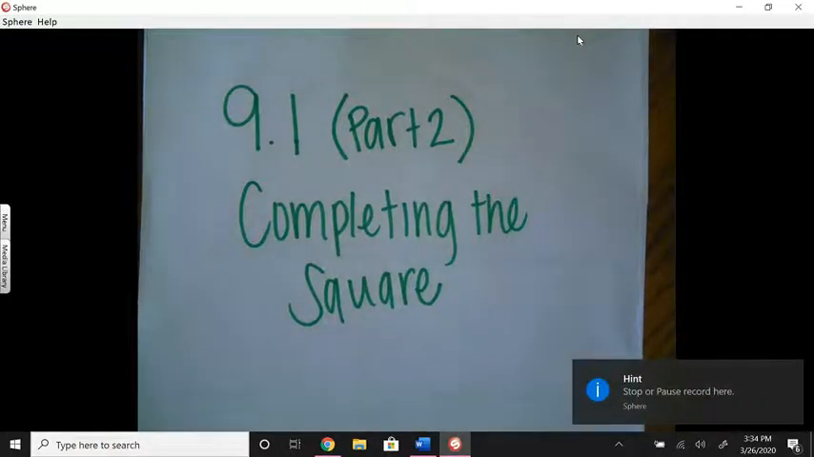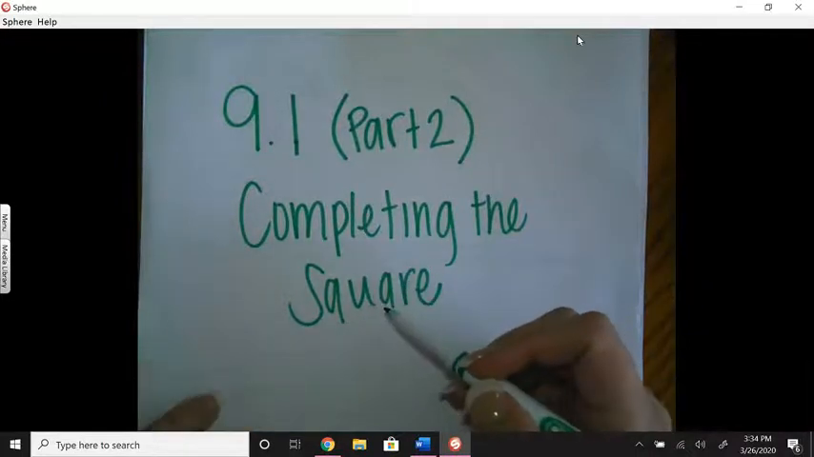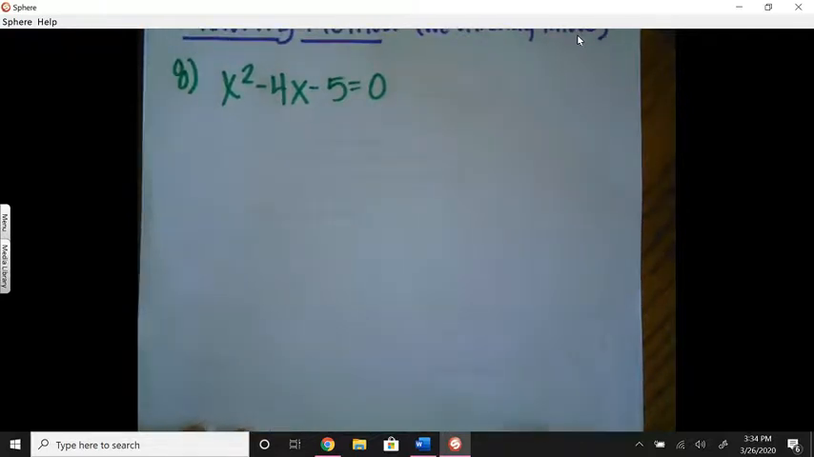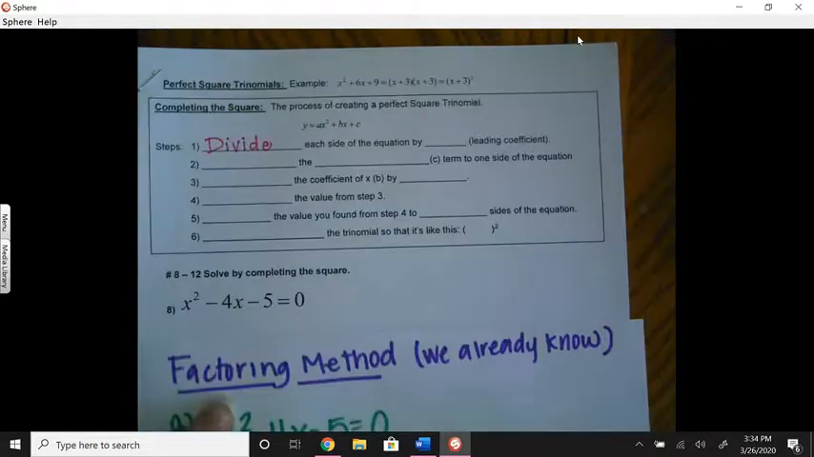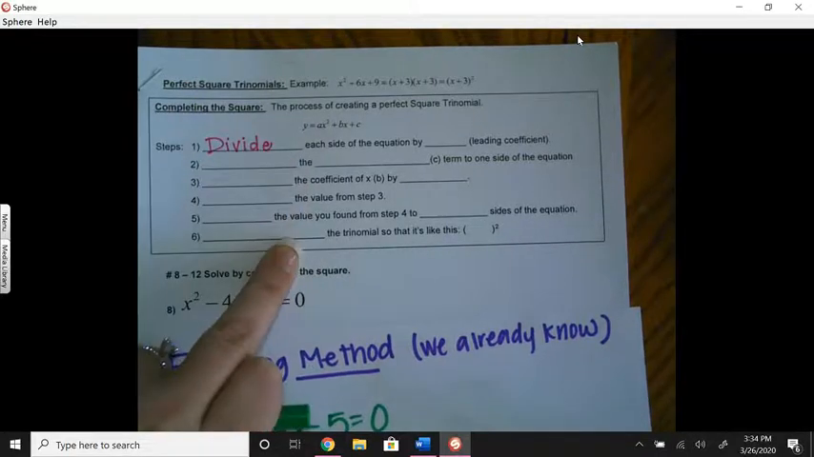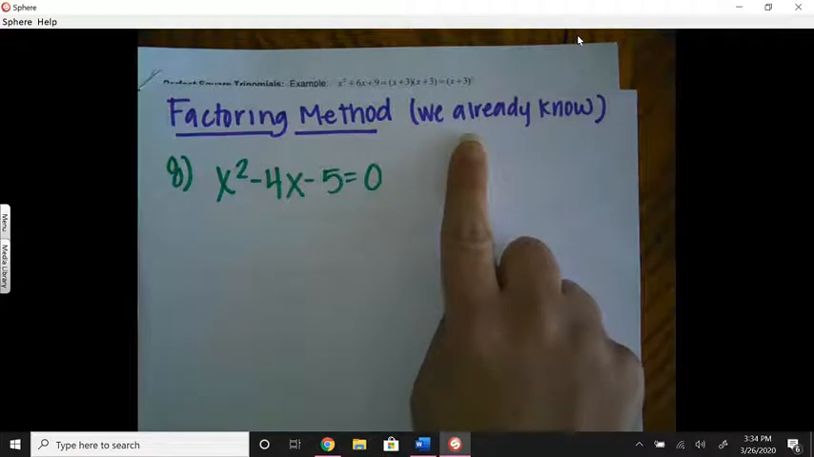This video will go over how to complete the square to solve quadratic equations. So if we look at number 8 in your notes, it says solve by completing the square. So that's what I'm going to discuss up here. But if you had this problem and it just said to solve this problem, we already know from chapter 6